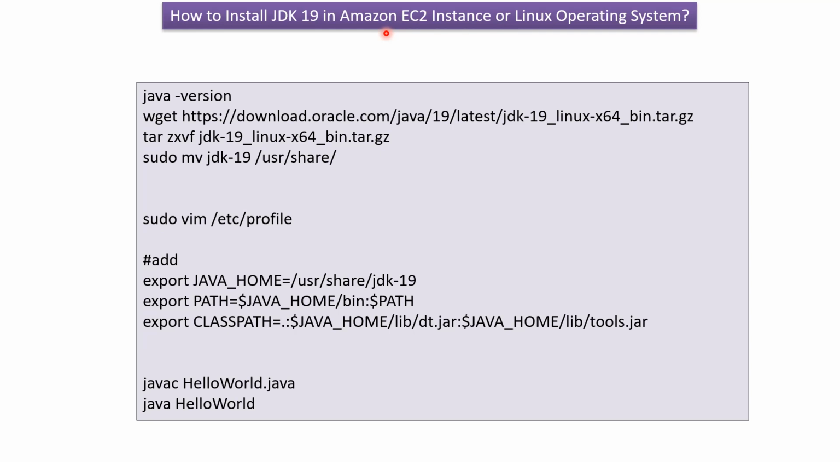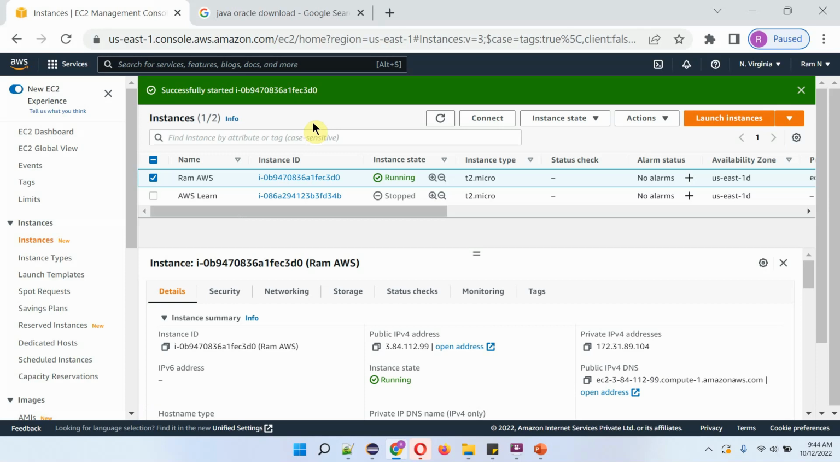In this video tutorial I will explain how to install JDK 19 in an Amazon EC2 instance or Linux operating system. Here you can see the Amazon AWS console, and here you can see one EC2 instance is running. Copy this public IPv4 address,